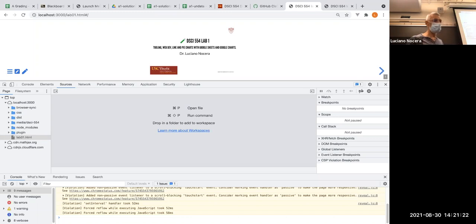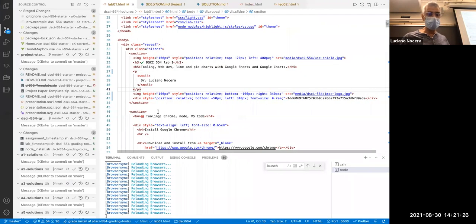So most of the time, if you have syntax errors, you will only see them in here. Here you see that it's highlighted in red, so you can see that there is an error, and you can go and fix it. But otherwise,